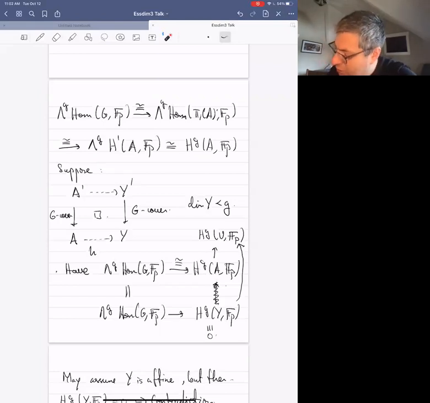So in general, that condition is unreasonably strong, and it's often hard to check. A lot of the time it's not true, but even when it is true, it's hard to check that the Hg of G maps onto the Hg of your variety. But what you can do is you can always